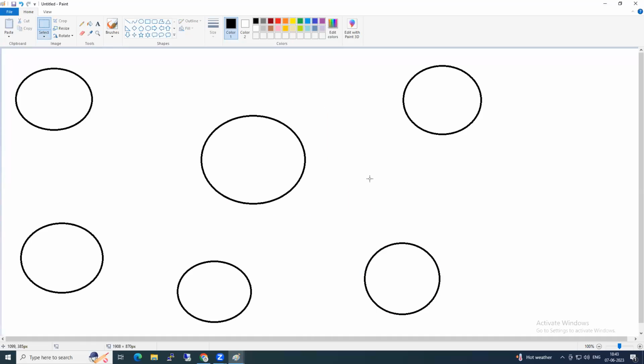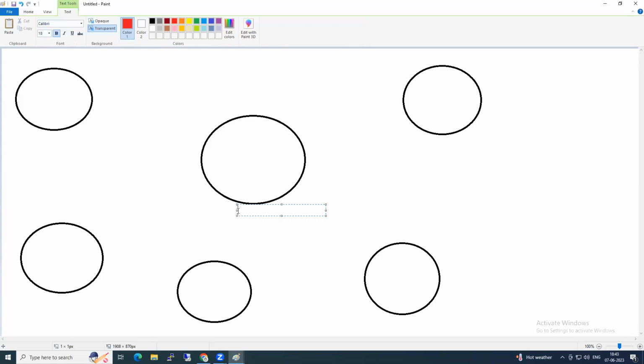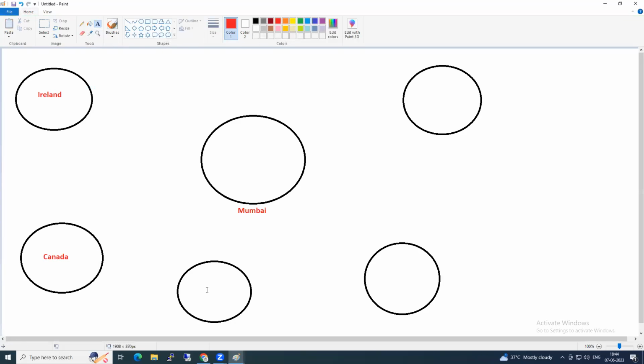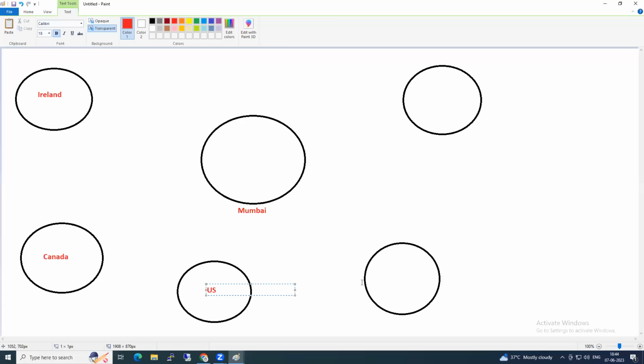Any idea what these are? Regions. Very good. The first one, let's say this is the Mumbai region, this is the Ireland region, this one is the Canada region, this one is the US region, this one is the Sydney region, and this one is the Tokyo region.